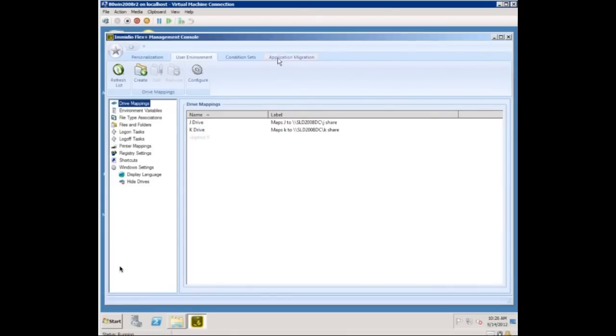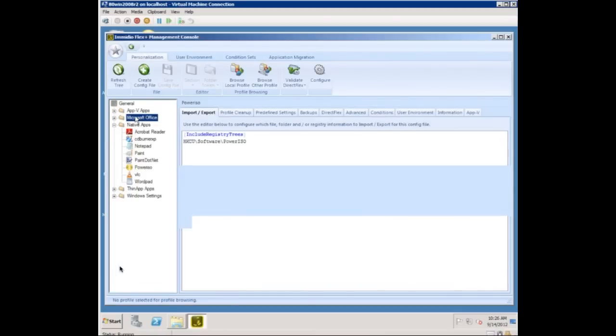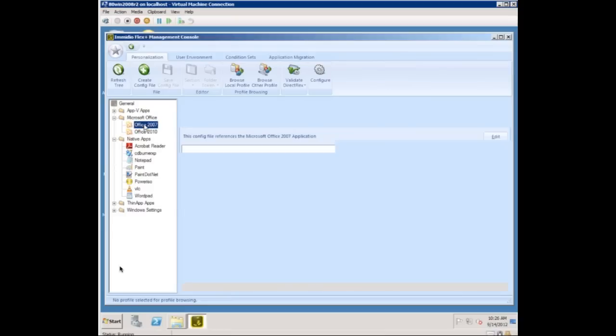Okay, so let's do the application migration. Yeah, I've already configured this. It's actually quite an easy process. As soon as you've created your migration template, which you need to import, and we will deliver the Office 2007 to 2010 template with the product as soon as we ship. Cool. So the first thing you need to do is manage the personal settings of Office